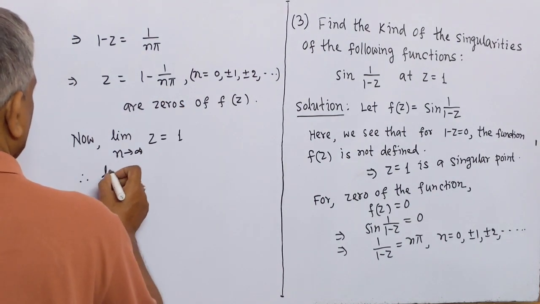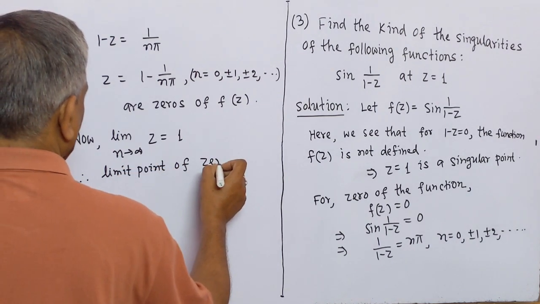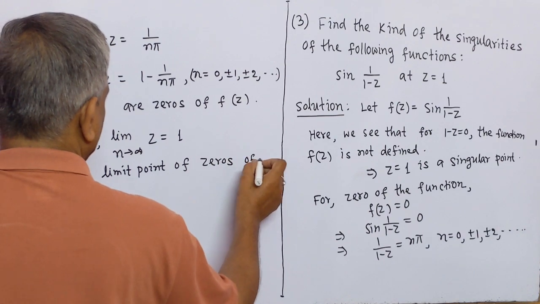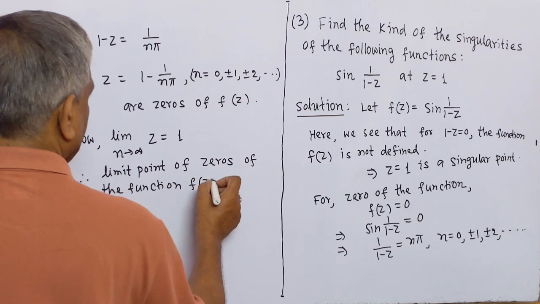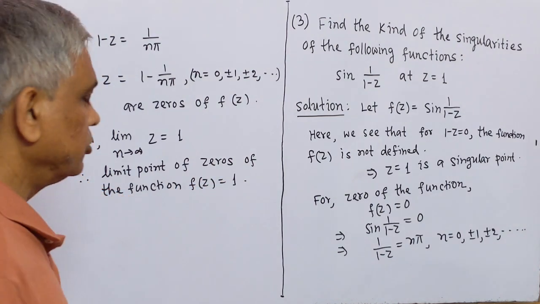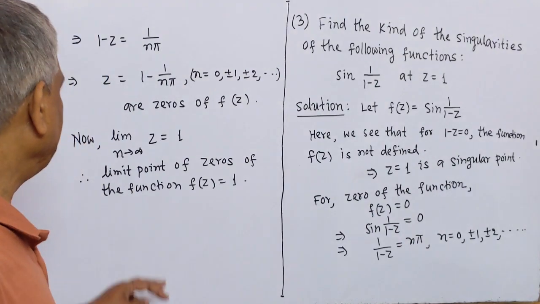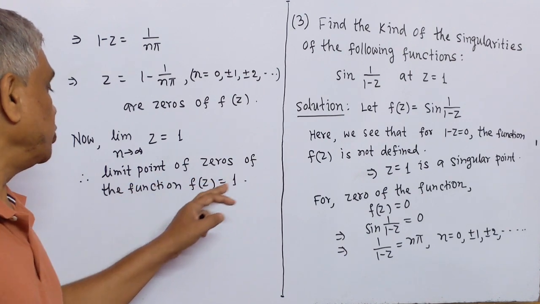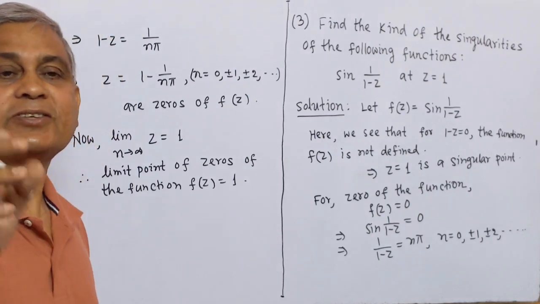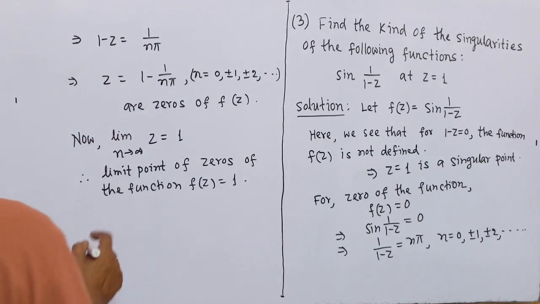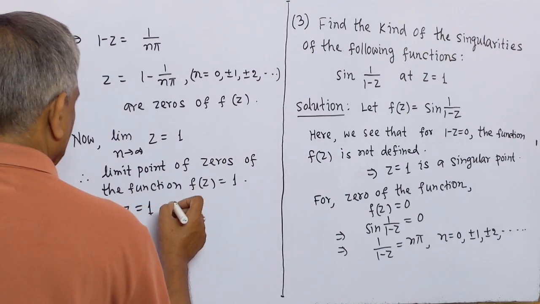Therefore, the limit point of zeros of the function f(z) equal to 1. So according to statement 1, that is concept 1, the limit point of zeros of the function is an isolated essential singularity of the function. Therefore z equal to 1 will be